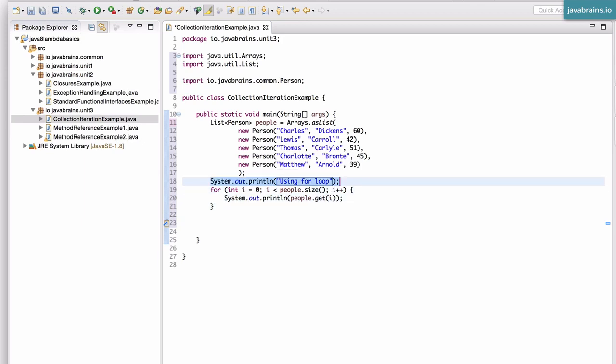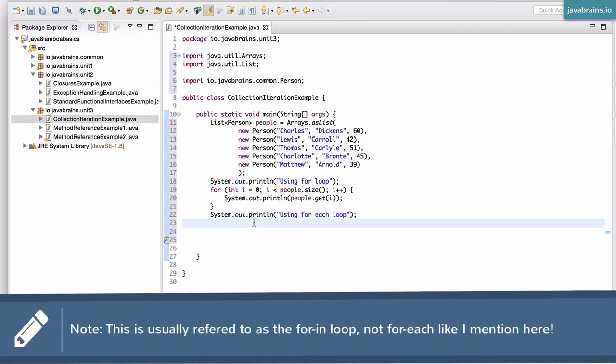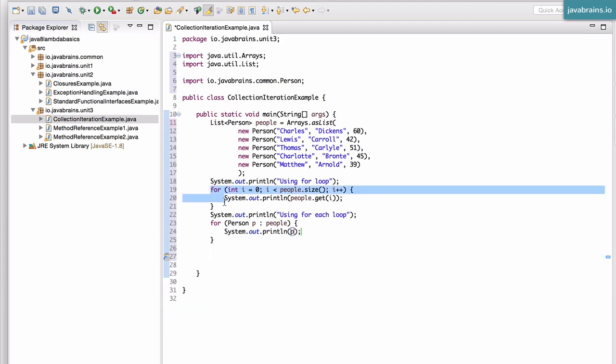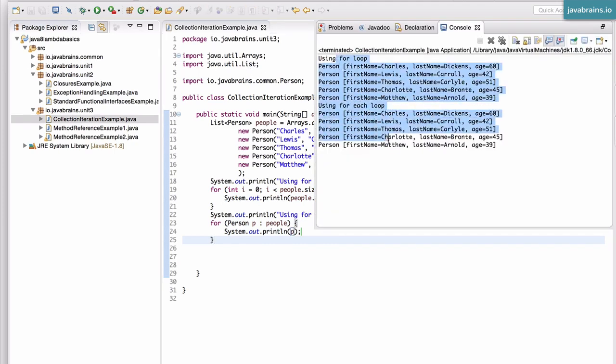Now there is another way in which you can loop through, which is using the for each loop. That was a newer addition to the language. So the way to do that is to say for Person p in people, System.out.println of p. Now both these loops, the first one and the second one, iterate over the people collection, and they print each person. I'm just going to run this to make sure this works, and here you see both these loops result in